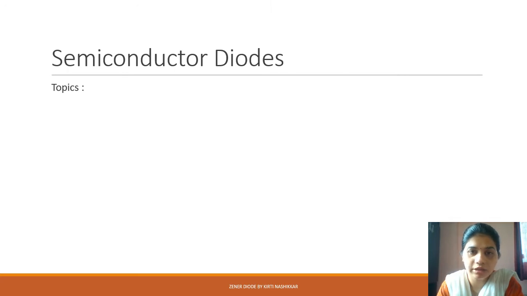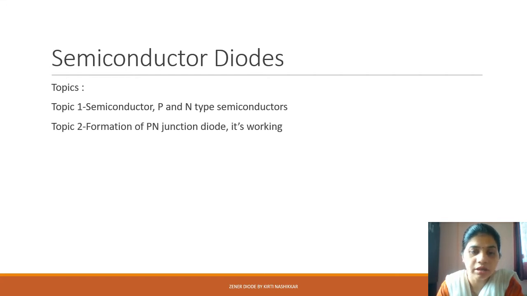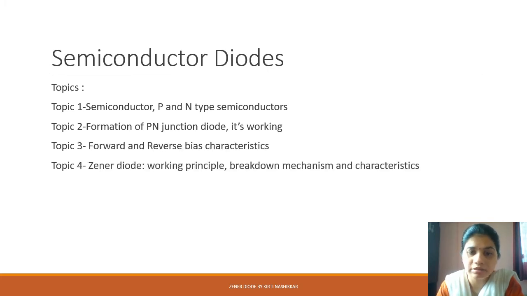So we are discussing semiconductor diodes, where we have seen P and N type semiconductors, then how the PN junction diode is formed and its working. We have seen its VI characteristics also, and in the last lecture we discussed the Zener diode, working principle,